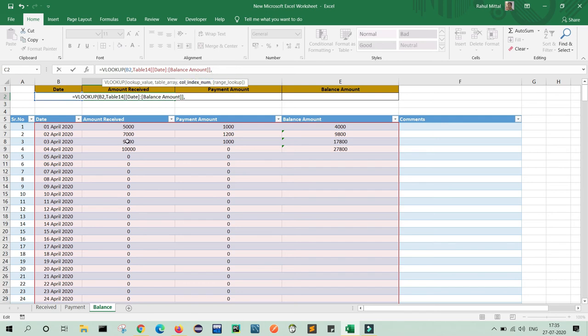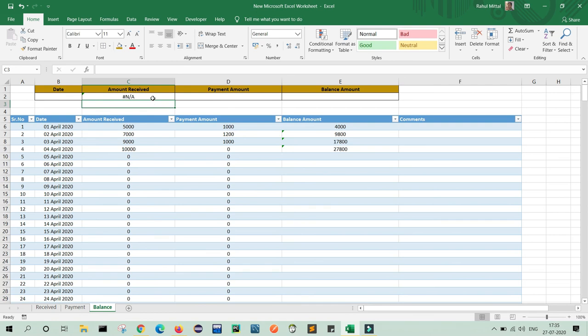My column index value is my amount received. As per the table array, date is my first column and amount received is my second column. So I will write 2, comma, and for exact match, I will write 0. I will close the bracket and press enter.